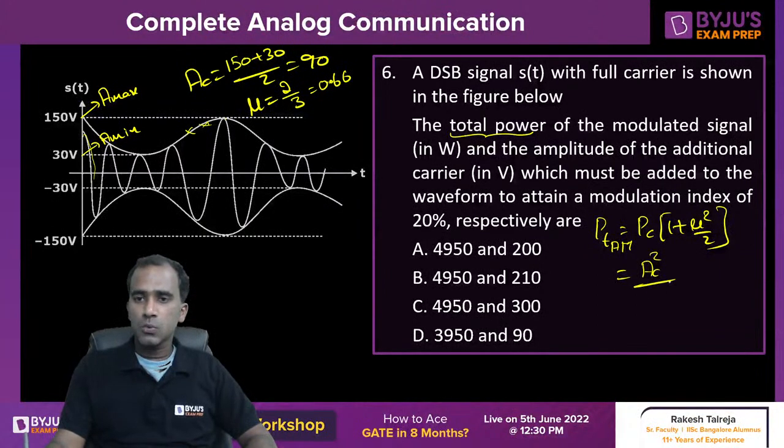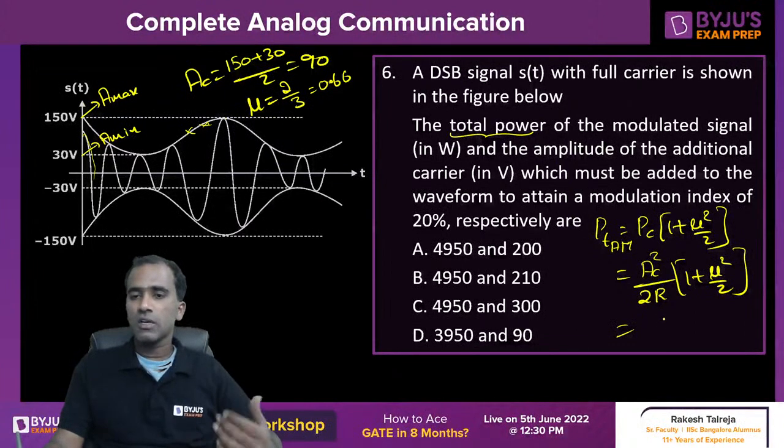It is AC square divided by 2R into 1 plus mu square divided by 2. Since the resistance of the antenna is not given in the question, whenever resistance is not given, you can take it as 1. And AC value we know is 90. So 90 square divided by 2 into 1, resistance taken as 1, into 1 plus